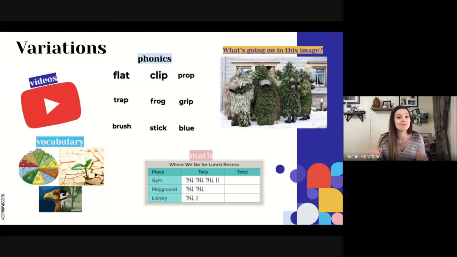You can use math graphs or just a photo from a text or even videos. So there's tons of possibilities, and I'm going to